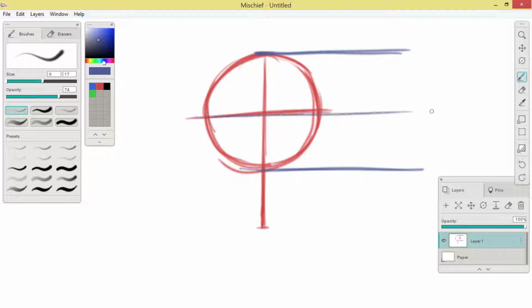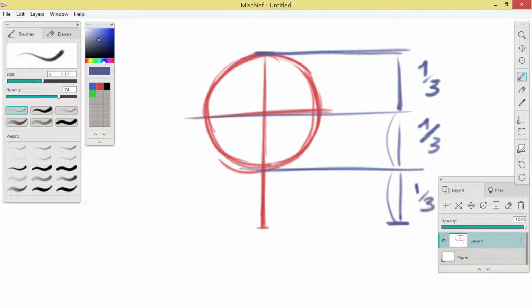I've divided my circle in half, and now I have 1/3 of my head here. I have another third here. And you guessed it, I can add the same length here in order to have the bottom of my head. So now I know where my chin will be. So I can put my chin approximately here, and I can now lay down my jaw